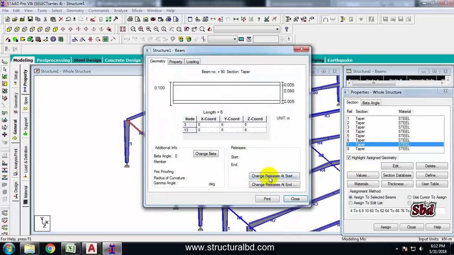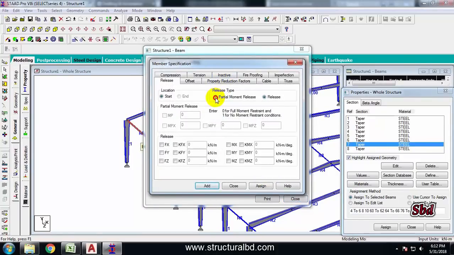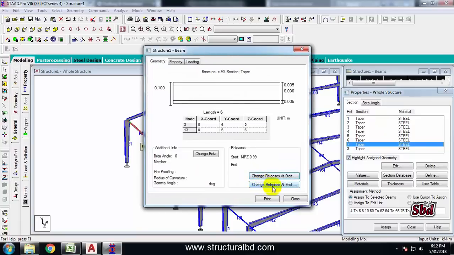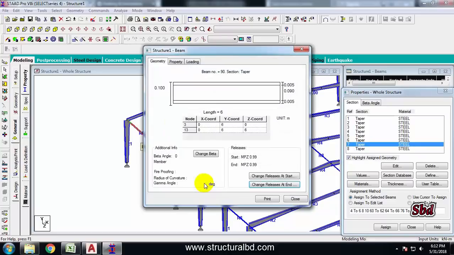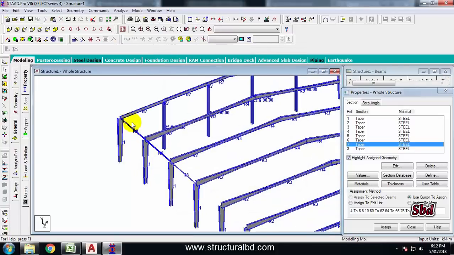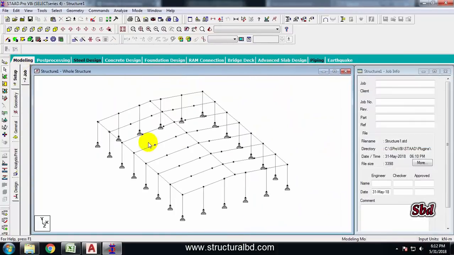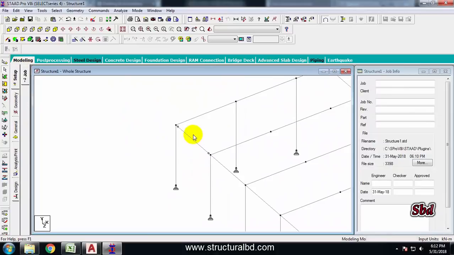Double click on this stud member, click here change release at start, check this partial moment release, check this MPZ, this is 0.99, so 99% moment will be released there. Add, select the next one, change release at end, then partial moment release MPZ, this is 0.99, add, close. Now you can see, if you just zoom this, you can see a circle has been drawn at each end